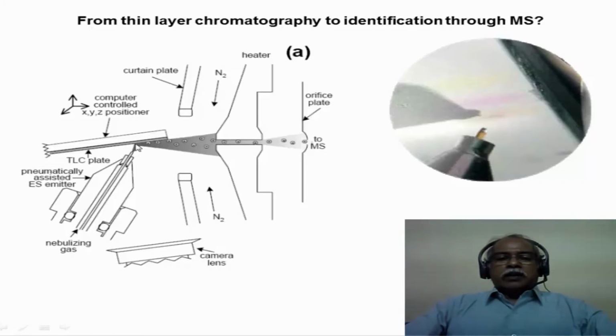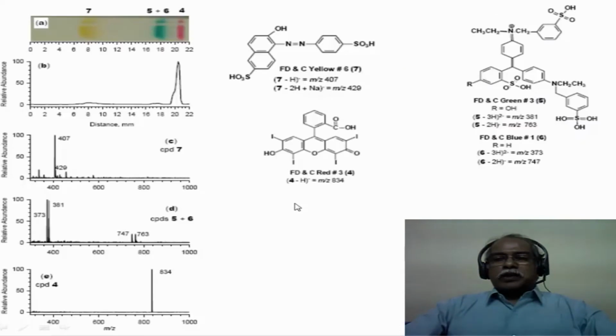The electrospray ionization nozzle is brought very close to the particular spot on the TLC plate, and the solvent is sprayed onto the TLC plate, and the droplets that hit take the sample that is spotted on that particular spot, and they get ionized and are injected into the mass spectrometer, which is shown schematically. This is the actual picture of the TLC plate, where there is a colored substance on the TLC plate, and the electrospray ionization injector is focused onto that particular spot here.